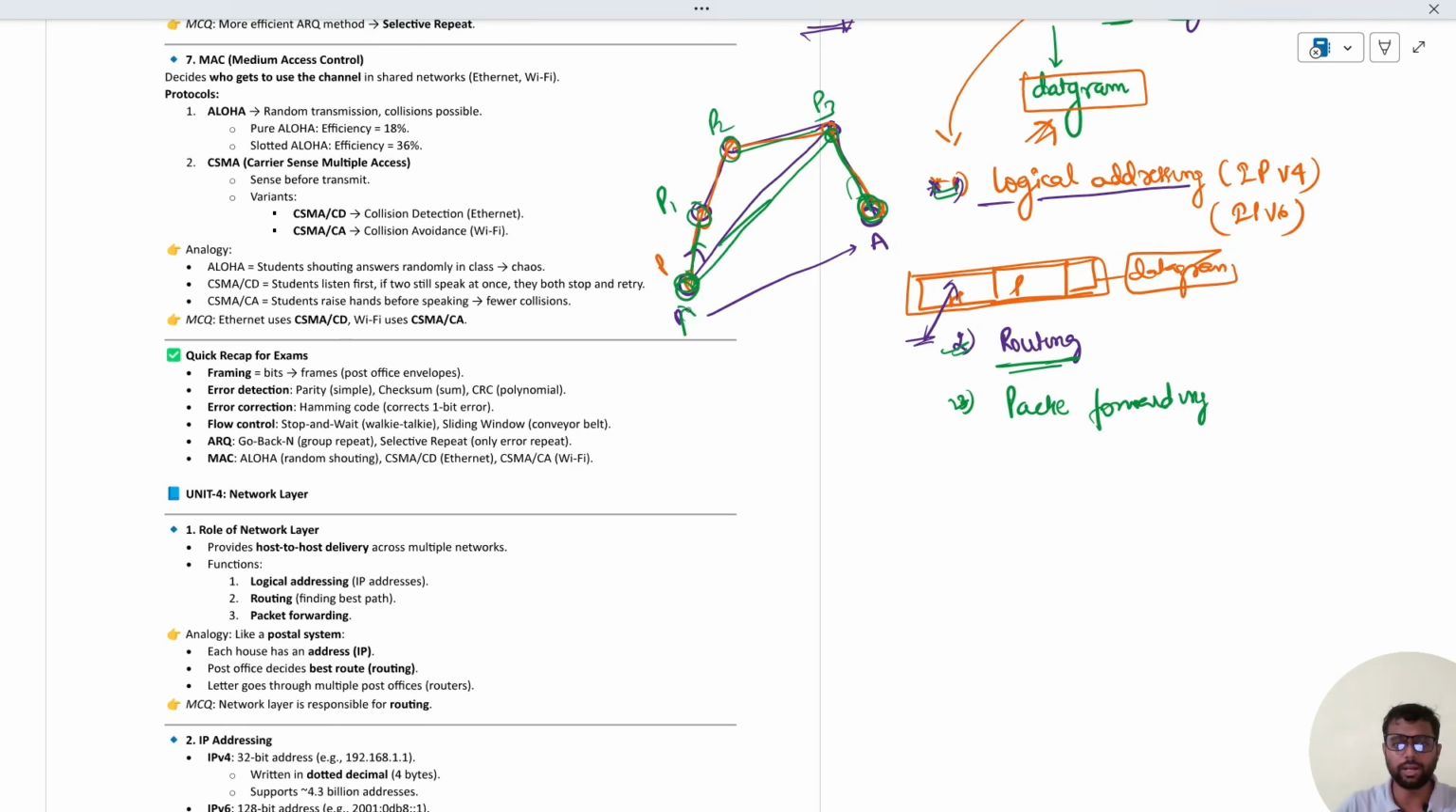When a packet is forwarded from P to P1, how does P1 know that it does not belong to it? It's because P1 knows its